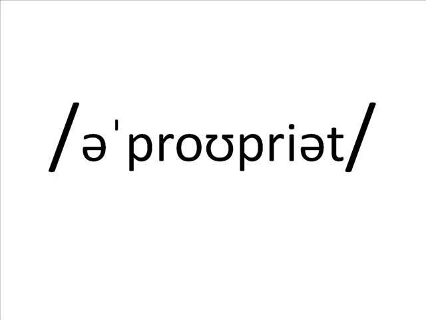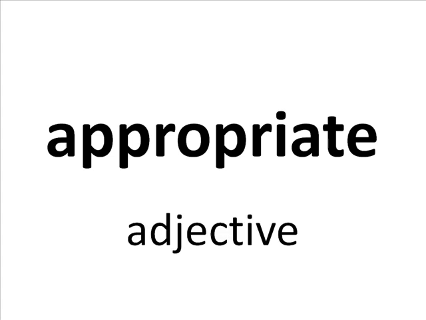Bek, what's our word? It is appropriate. So the spelling is A-P-P-R-O-P-R-I-A-T-E. Appropriate. What do you know about this word, Jim? Well, the pronunciation, as you said, is appropriate. And this word can be both an adjective and a verb, but today we're only going to focus on the adjective form because in the academic word list, appropriate is listed as an adjective. Do you know the definition of appropriate, Bek?